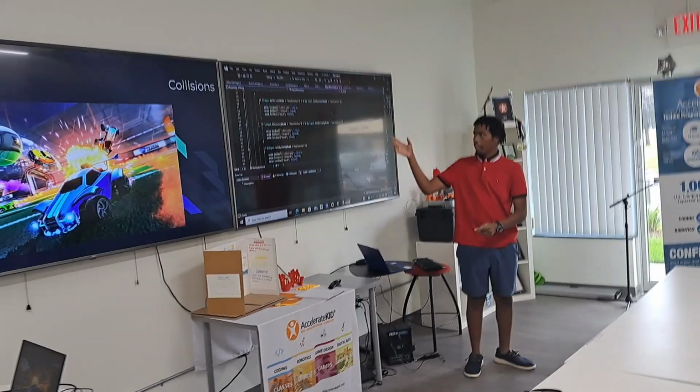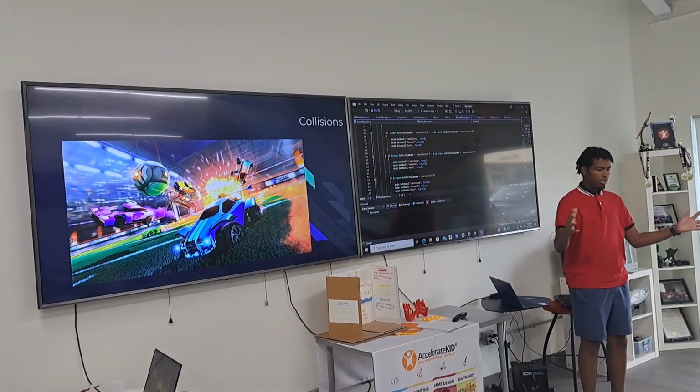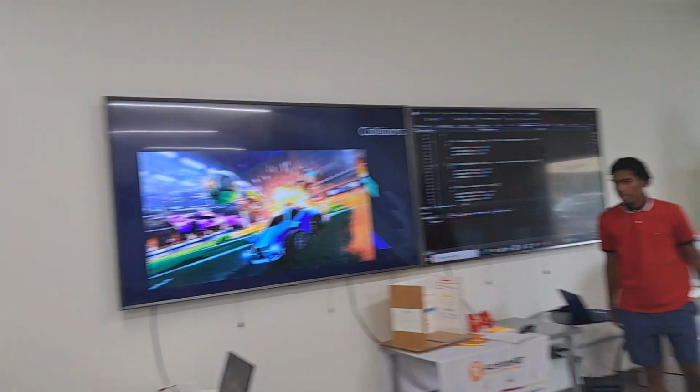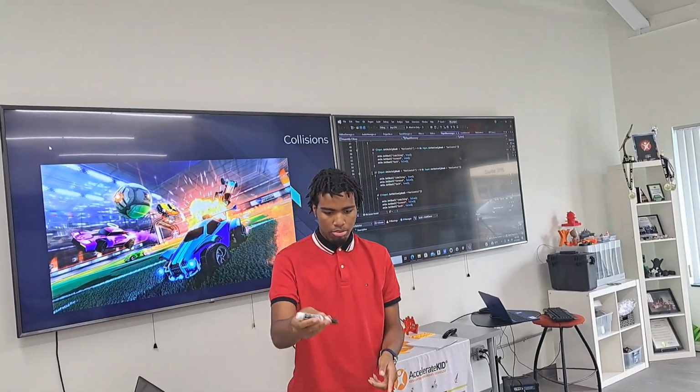Collisions. Collisions in a game like this work like any other collision. Once two things collide with each other, they go like that. Or if I were to drop a marker on the ground or on this table,